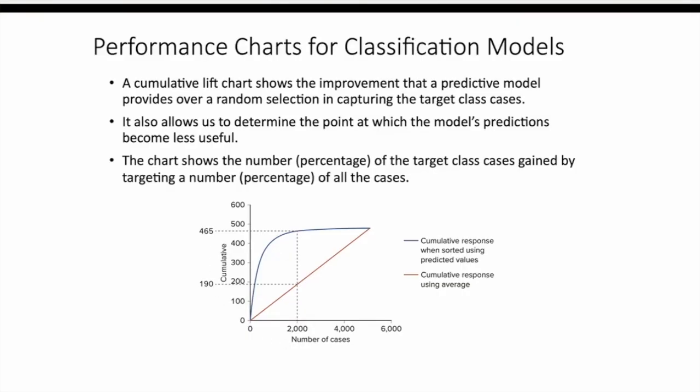This means among the top 2000 observations selected by the model, you are able to capture about 2.5 times as many class 1 cases as compared to the 2000 observations selected randomly, which is good. So the cumulative lift chart shows how well a predictive model can capture the target class cases compared to the random selection. What we are looking for is a high lift number. A high lift number is desirable